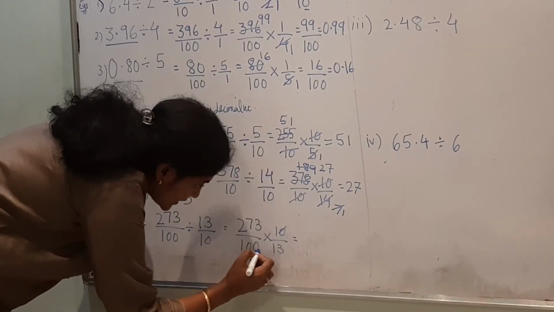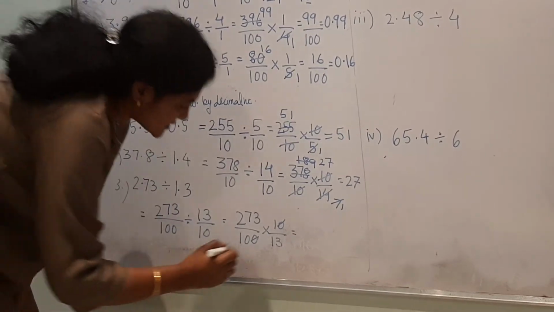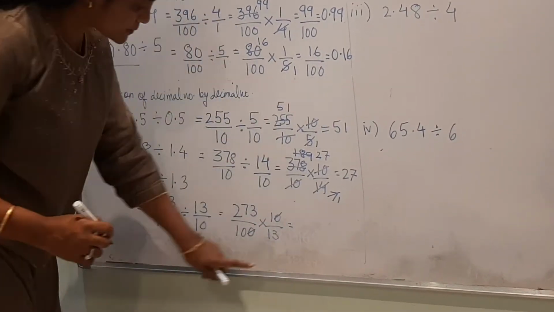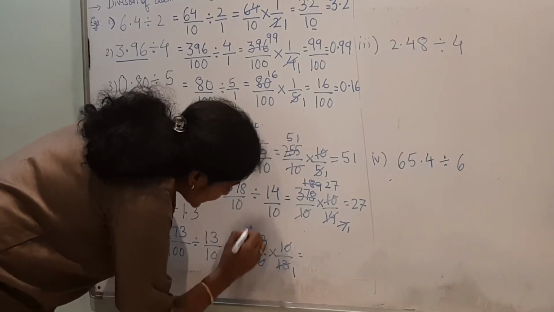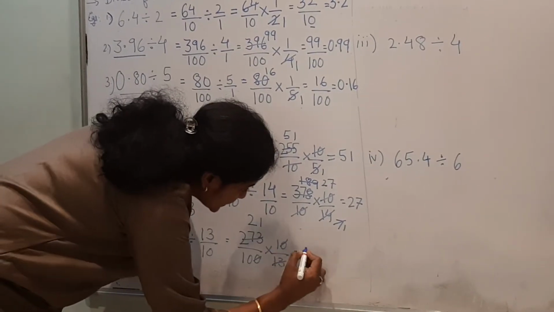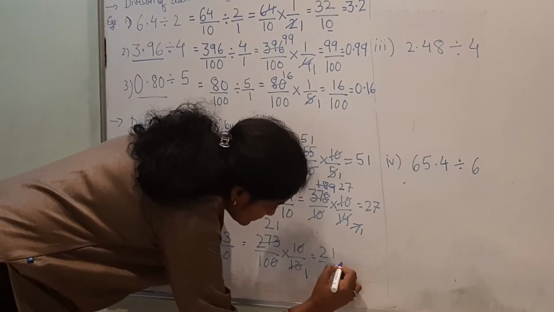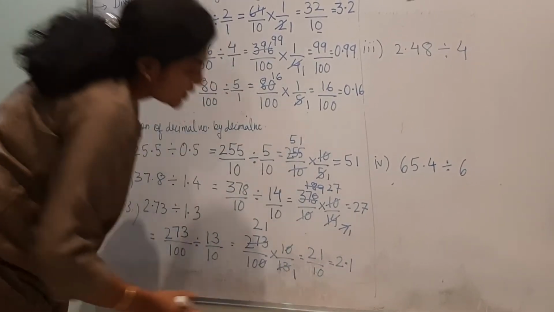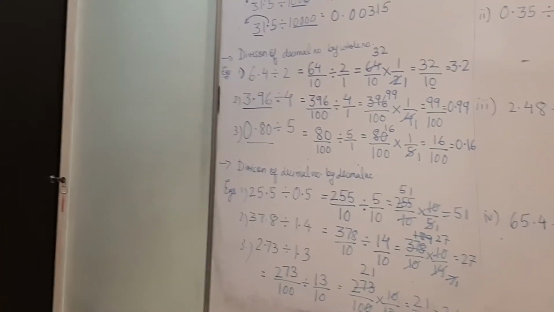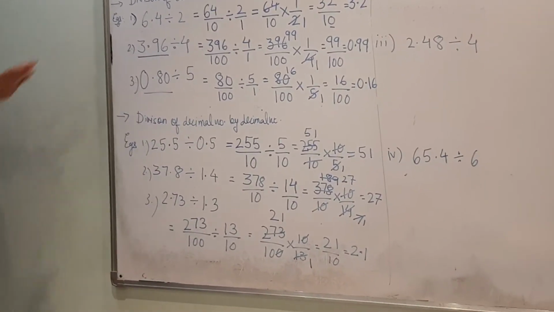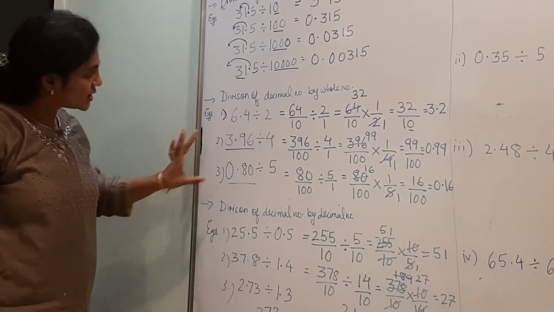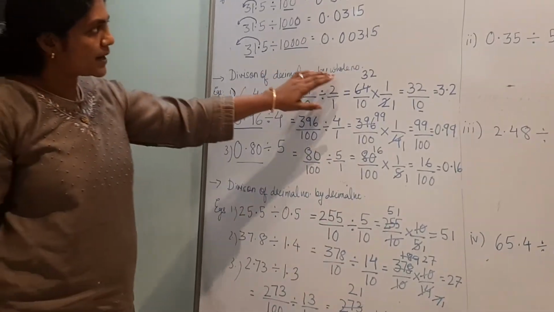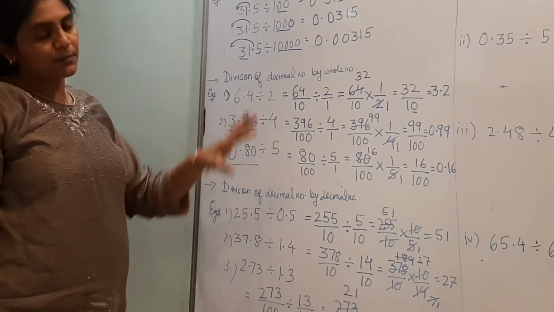you can cut it here. Yes, divided by 2 is, it goes by 13 directly. So, this will be 21 by 10, that is 2.1. Easy. So, if this concept is clear, you can automatically do the division of decimal by whole numbers and decimal by decimal.